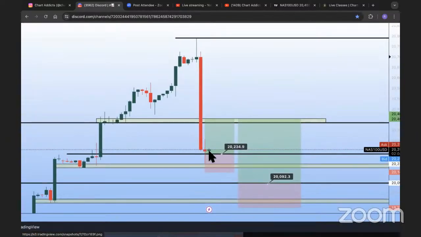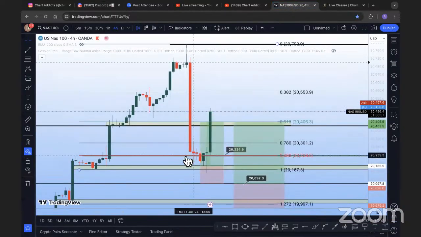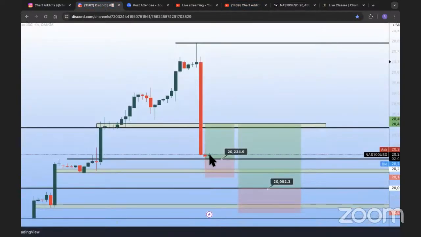This morning we started to have a bit of a rejection. That was my original trade. I was in profits on that original push up, but then the market ended up coming down for a double bottom. That's where I did have a re-entry. As the market was coming back in, I entered about halfway through this wick, and then price ended up shooting down, hitting my stop loss, and then recovering back up.